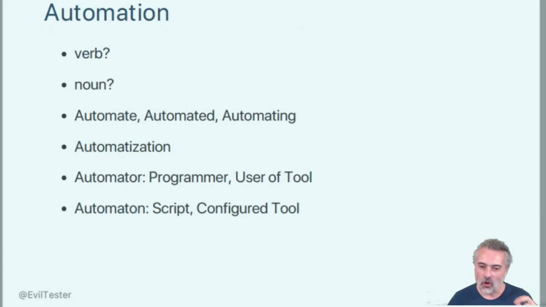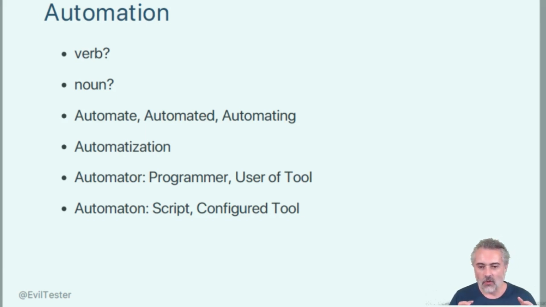Because one of the issues we've got is automation is a word that was created in the 1940s, right? And I'm not really sure whether it's a verb or whether it's a noun. If we say test automation, does that mean we're trying to automate things? Because if it's a noun, then we end up starting to count what we mean by test automation. Now, there are a whole bunch of other words that we could be using, right? We could say automate, which is a verb. We could say automated. We have automated something. We are in the process of automating something.